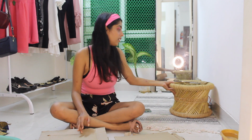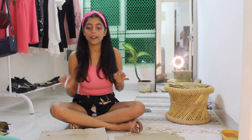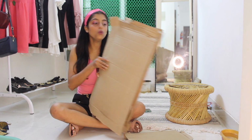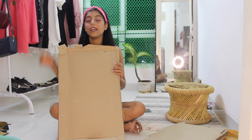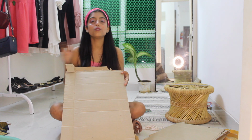So to make these cardboard scratchers, you will require a pair of scissors, a pencil or a pen to mark your guidelines, a scale to know that all your guidelines are similar, and a cutter. Any cardboard cutter is good. So for the cat scratcher today, I have taken 2 sizes of the cutter. You can choose any dimension, literally any dimension that fits your space perfectly, and accordingly you can choose the size